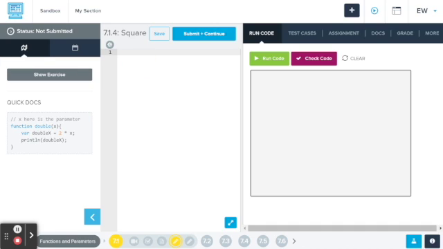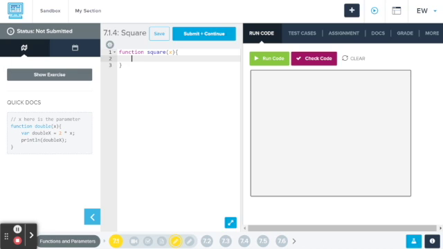So let's start off. First of all, we know that we need a function that will be called square. If you have any knowledge in JavaScript or you remember from previous lessons, we need to declare our function. So that would be function square, and it's going to take a parameter, and it's going to execute a function. So let's call the parameter that our square function will take x. And now we basically have to figure out how to output